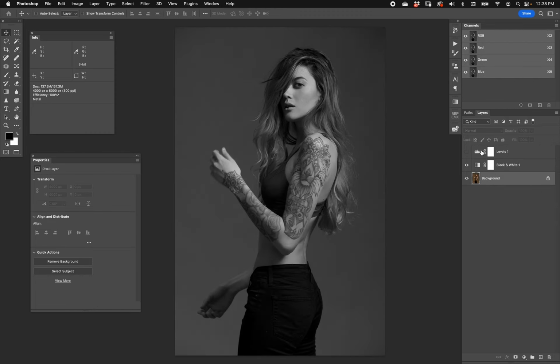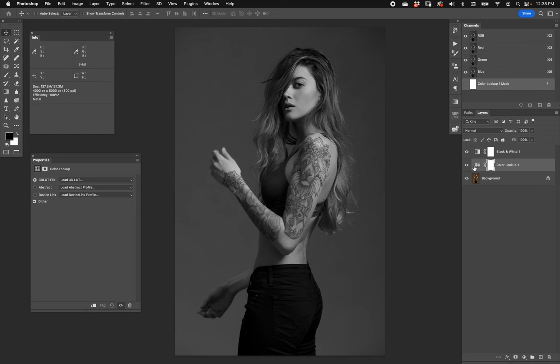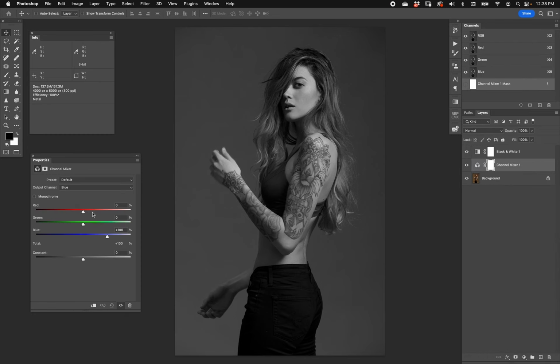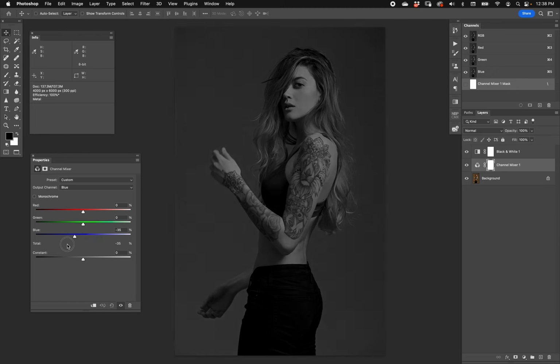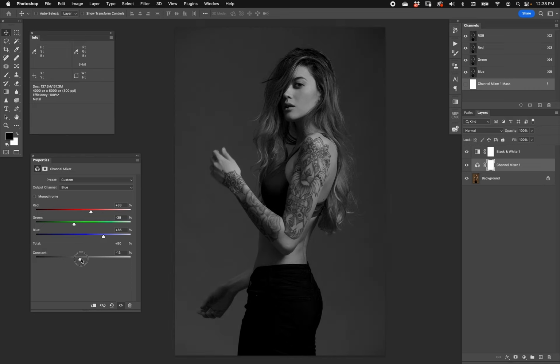Now you might actually even know that, but have you ever considered, underneath your black and white layer, adding a channel mixer? Oops, that's a color. Look up one moment. Have you ever considered adding a channel mixer? Because here, changes can be radically different. So I'm going to go to the blue. Let's say blue. I'm going to reduce that. It's pretty obvious. We're reducing the blues. That's fine. But once you start playing around with the channel mixer, you can start creating some very interesting looks